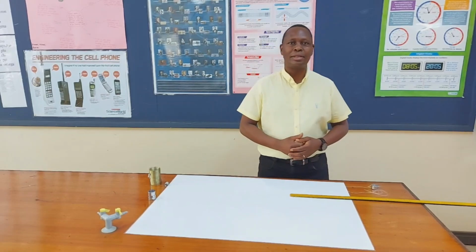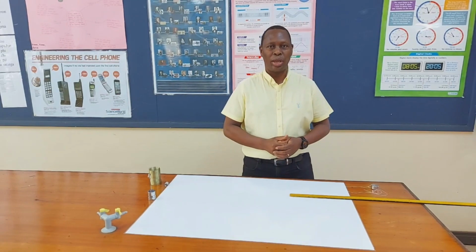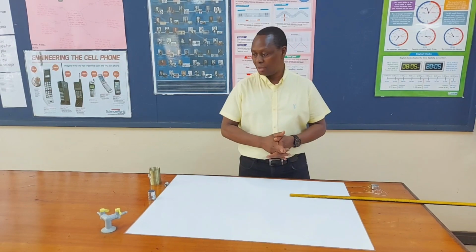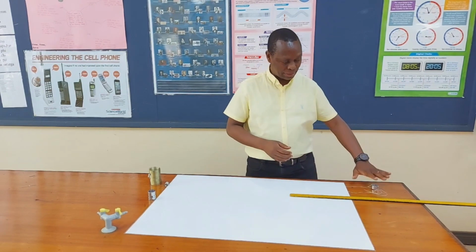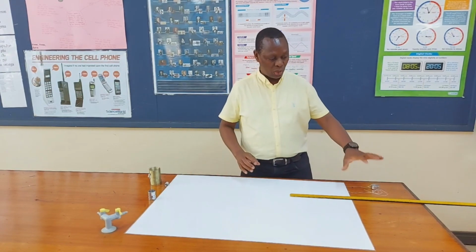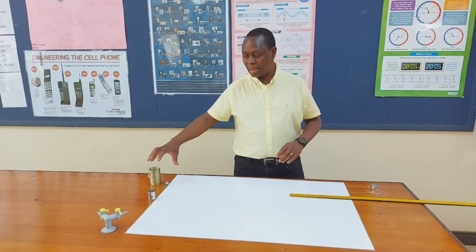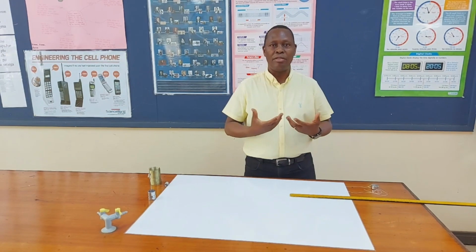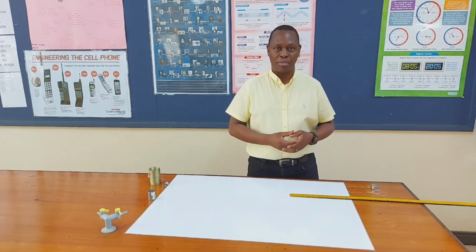Welcome to CK Physics. The topic we're dealing with is waves, and I have a number of objects here that I'm going to use to demonstrate waves. I have a mass and string, I have a mass and spring, I have a ruler, and I have a slinky spring. I would like first for us to understand that a wave is an oscillation or a vibration, and